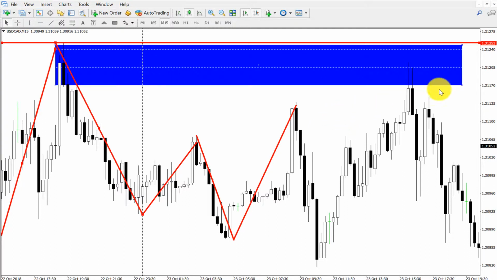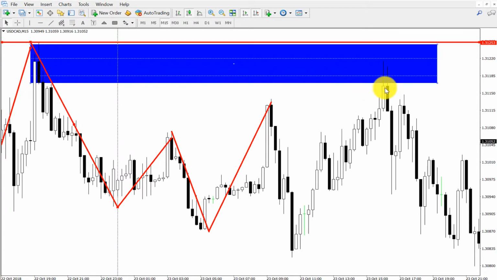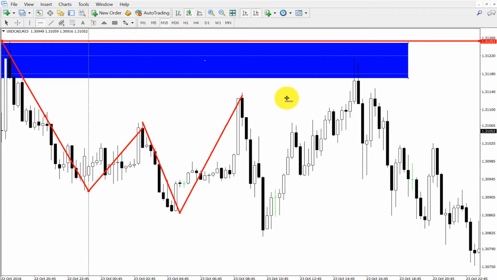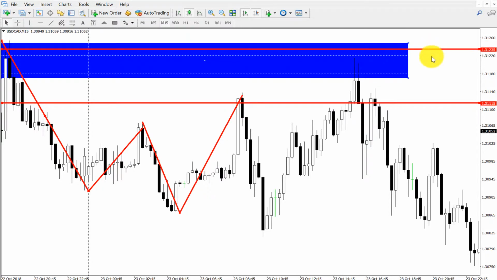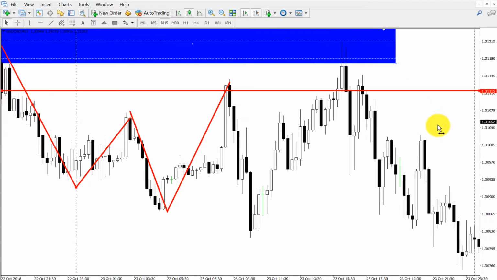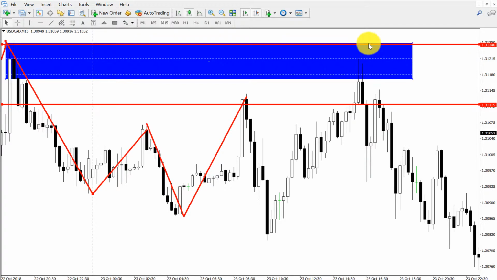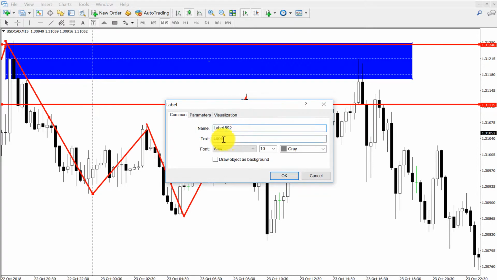We will wait for price to come to this zone, this area. When price comes to this area, then we will sell from this zone, right? Where will we sell? Like if we sold here and placed our stop loss here,